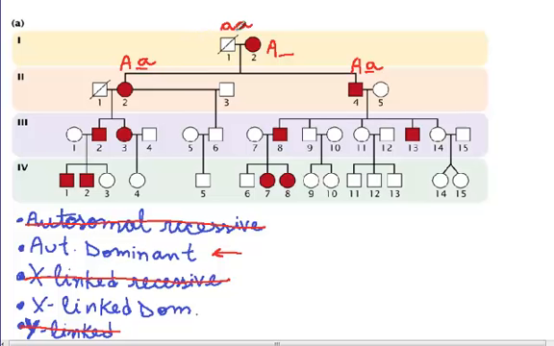Now, the possibilities that come up here, it could be what? Big A, little a, or it could be, is not little a because it's expressing, right? And then this person here has to be also big A, little a, because it is expressing. So you come down the line and you go, okay, next one, this guy is marrying,